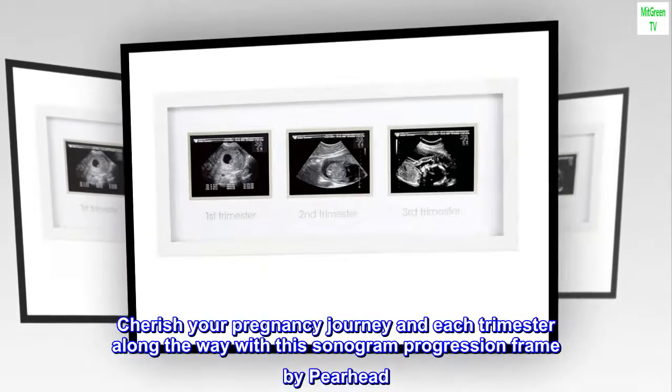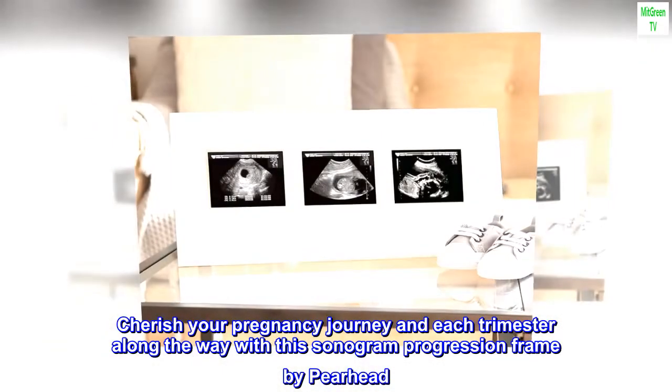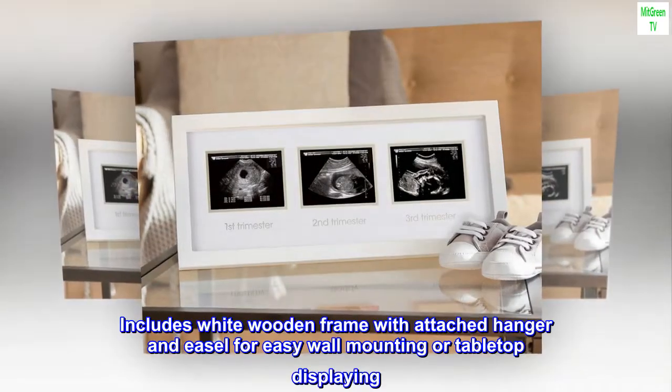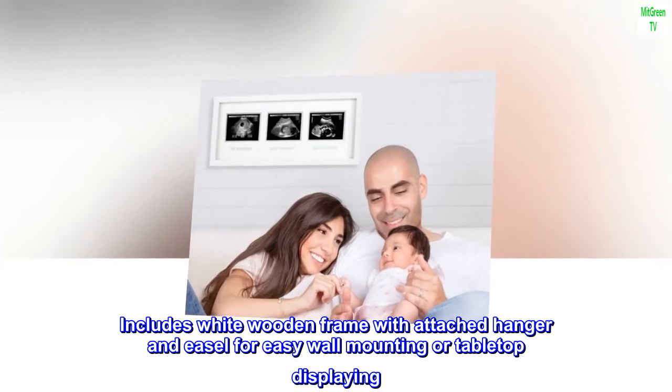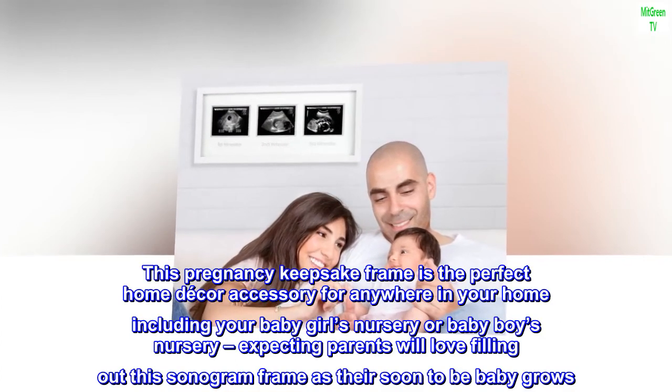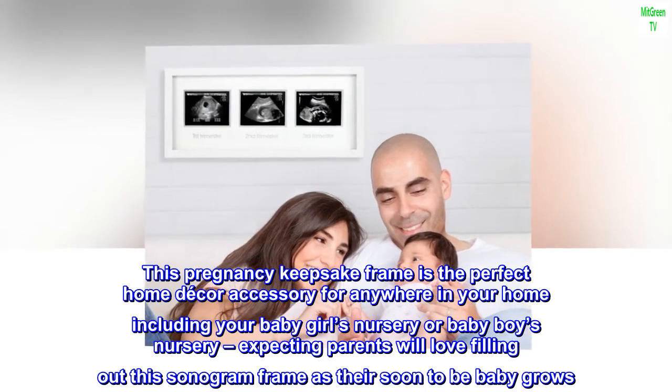Cherish your pregnancy journey and each trimester along the way with this Sonogram progression frame by Pearhead. Includes white wooden frame with attached hanger and easel for easy wall mounting or tabletop displaying. This pregnancy keepsake frame is the perfect home decor accessory for anywhere in your home, including your baby girl's nursery